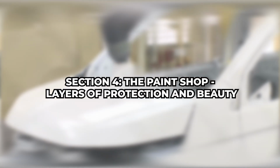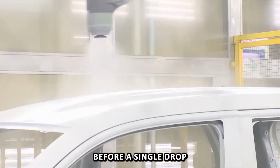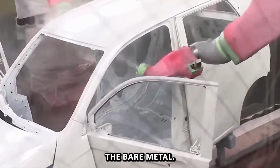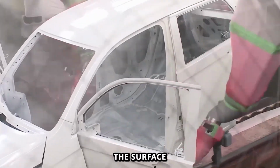Section 4, the paint shop, layers of protection and beauty. The paint shop is where science meets art. Before a single drop of color touches the body, every Civic undergoes an extensive pre-treatment process. The bare metal body is thoroughly cleaned, then submerged in a zinc phosphate bath that prepares the surface for optimal